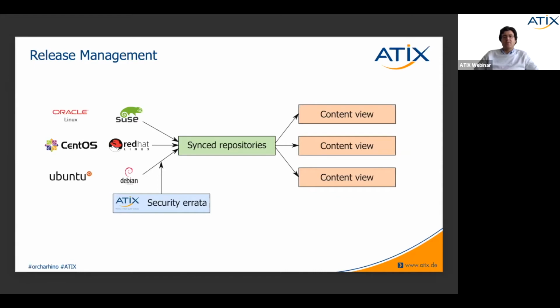So if now the developers have decided the packages are ready for testing, we can create a so-called lifecycle environment and assign it to a content view. Then we take this content view, which has been assigned to development, and we can promote it to testing. Once this has happened, all the test servers will obtain the repositories as if they had been attached to development before. In this way, we can avoid dependency errors, which might occur if only a part of the packages were assigned to our servers.